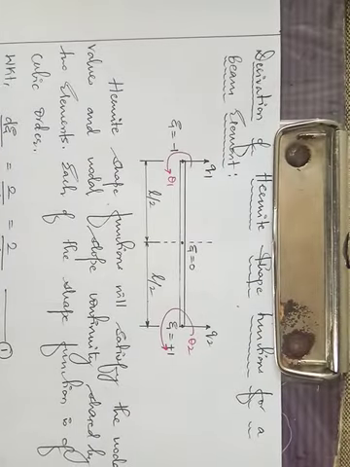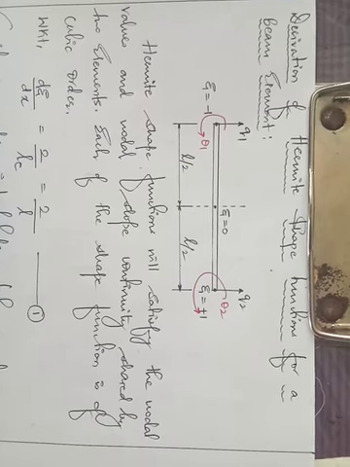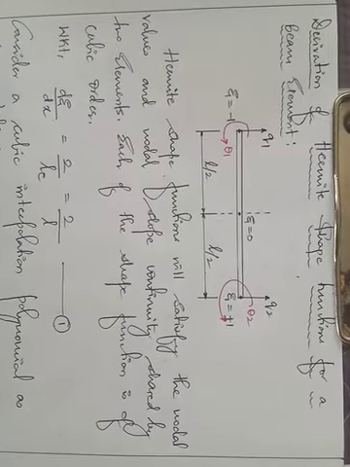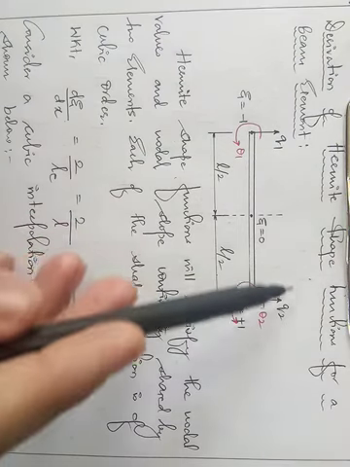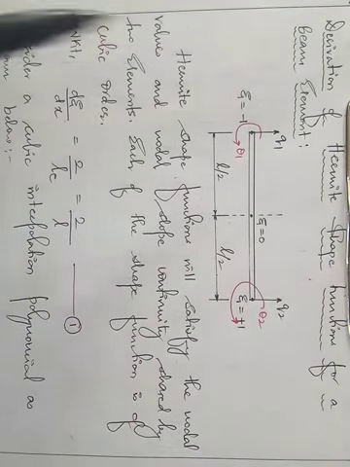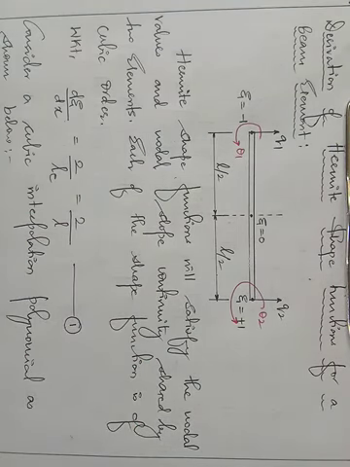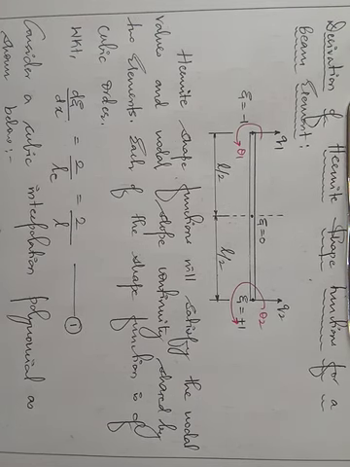Now, a very important derivation from your exam point of view, as far as beams are considered: the derivation of Hermite shape functions for a beam element. We already studied what the shape function is in our previous videos. When it is applicable to beams, we call it by the name of Hermite shape function.